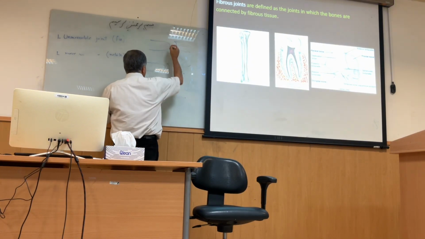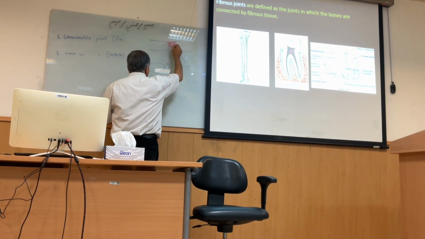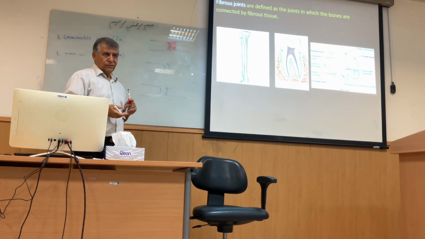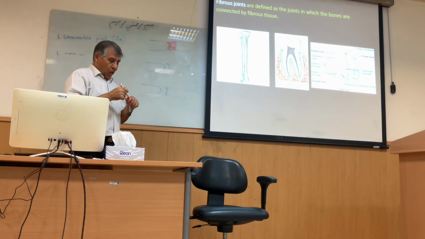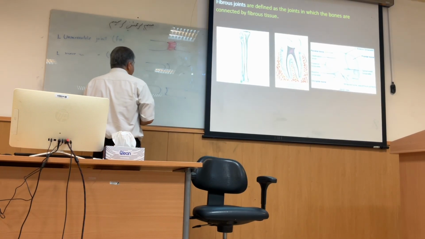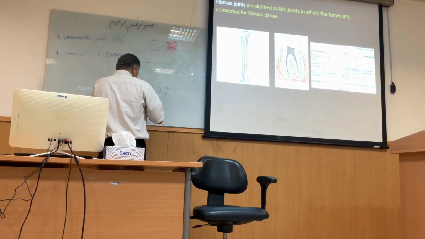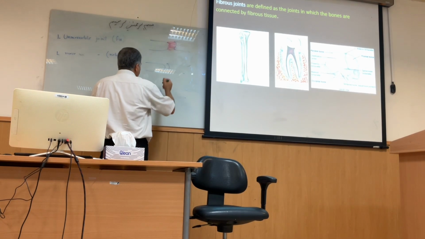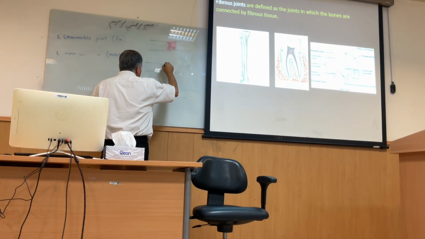This fiber, this one, this fiber. This joint is called a fibrous joint. When the connector agent is cartilage,